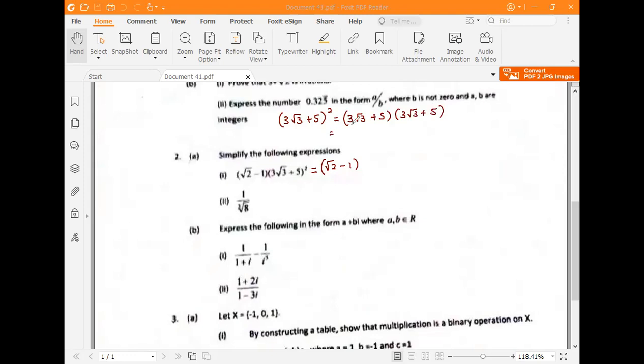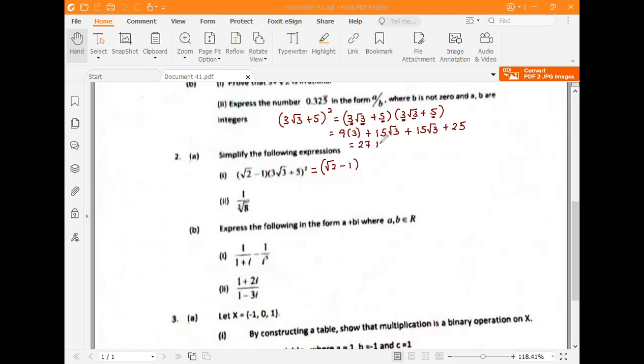So we have 3 times 3, 9. Root 3 times root 3, 3, plus 3 times 5, 15 multiplied by root 3, plus 5 times 3, 15 multiplied by root 3. 5 times 5 is 25. Then we add that here. 9 times 3,